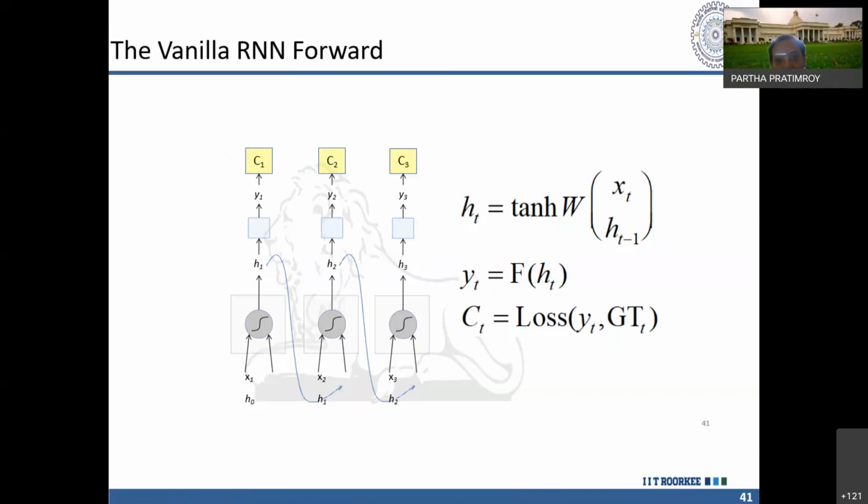Then this loss function is the cross entropy error. You have a function like minus y_i log(y_i) minus (1 minus y_i) log(1 minus y_i). This is the cross entropy error. If you are considering mean squared error, then you have the actual outcome and what you are predicting, and you find the difference.